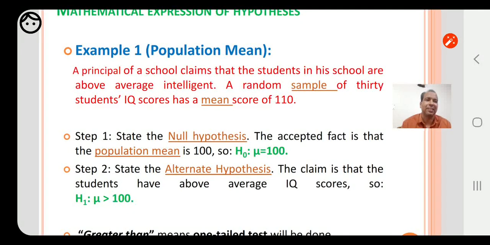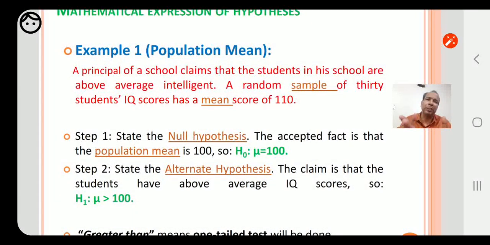That's missing in this example actually. Let me add it. So what is generally accepted is that the population mean is 100.